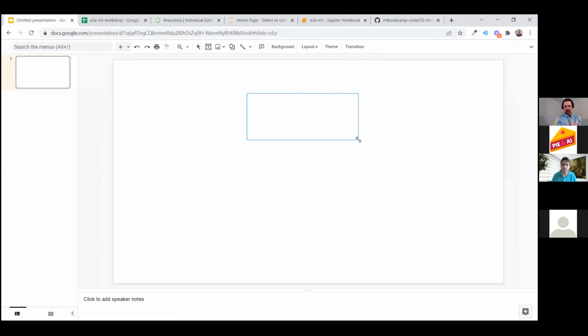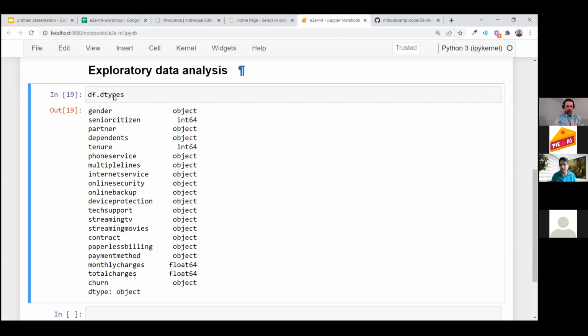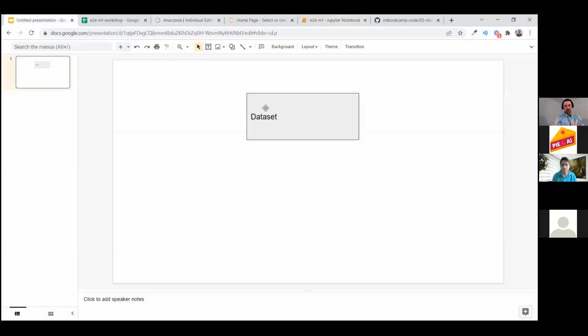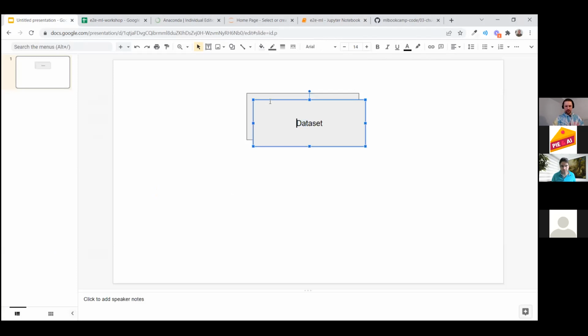So this is our entire data set. Let me check the length of this data set. We have 7,000 rows there. And what we want to do now is split it into 3 parts.